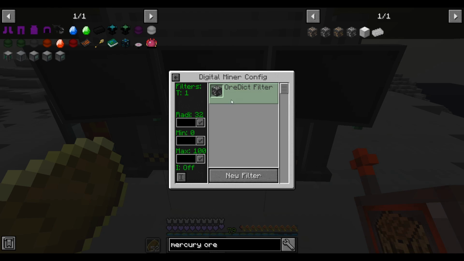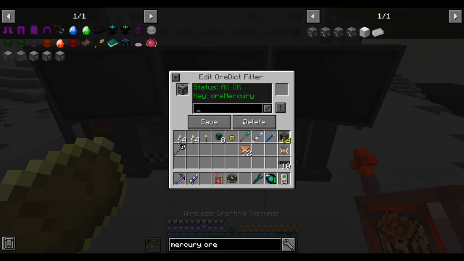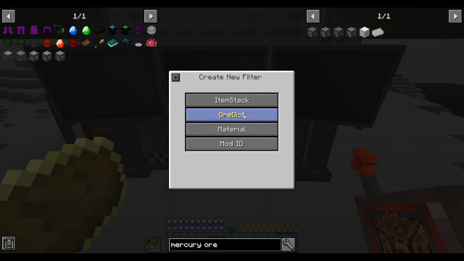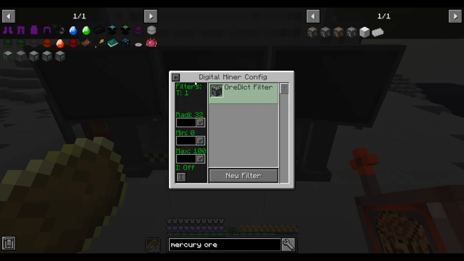What? Am I overwriting it? I want a new filter, not... Hold on. So that's mercury ore. Save. New filter. Save. There we go. I think I accidentally overwrote the carbon one and they kept adding the same one over and